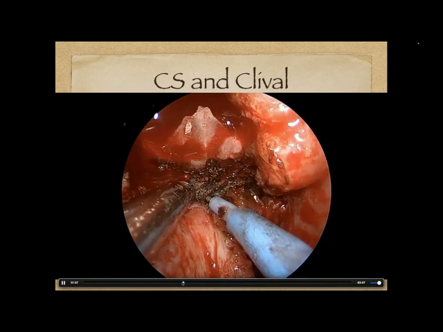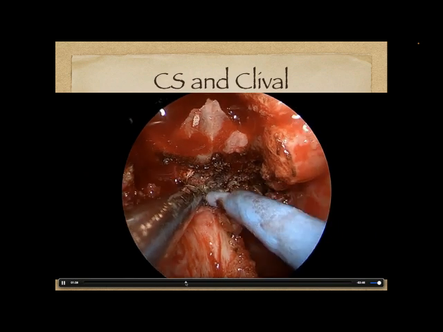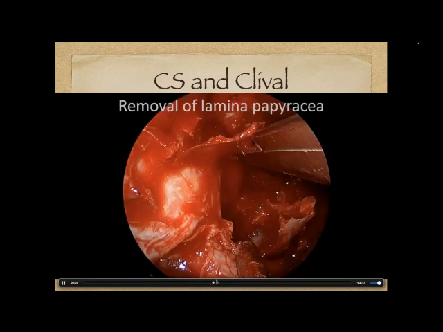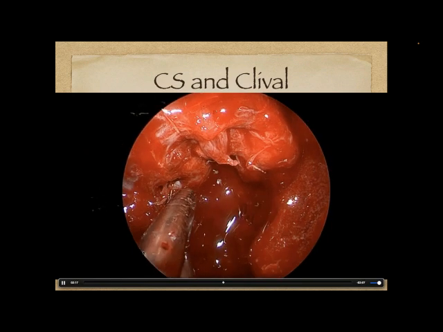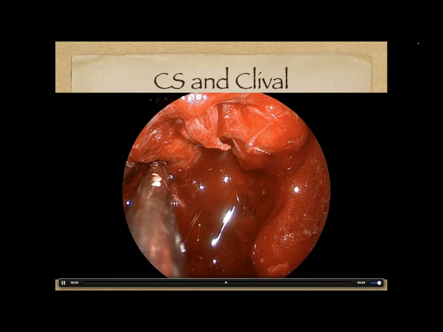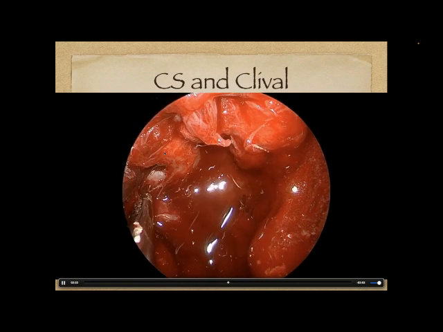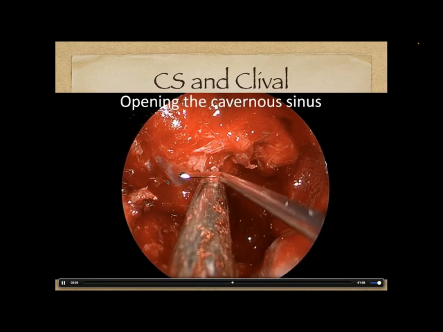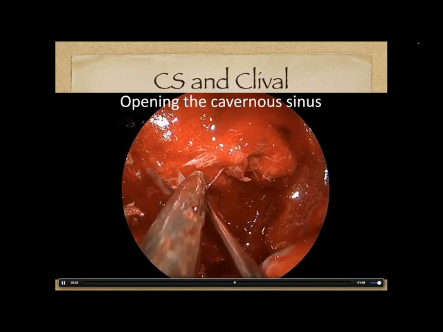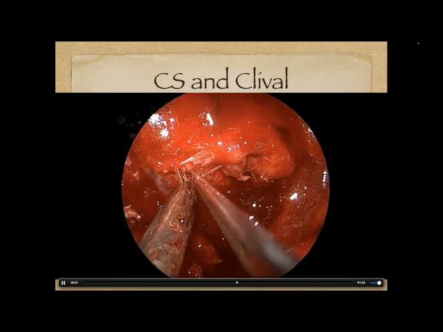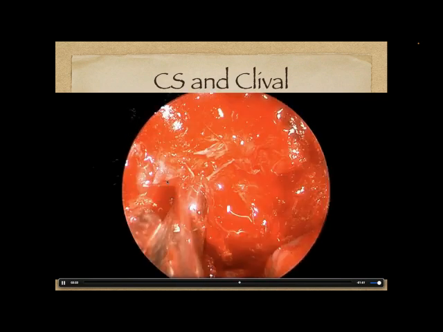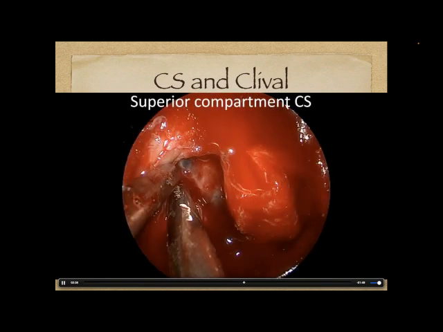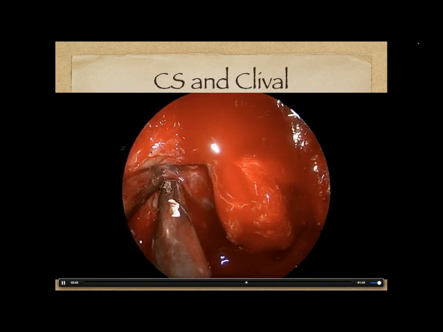We can then peel this. This is a little flap down towards the base of the nose that we raise that helps keep the blood supply. And then here's just showing widening of the exposure. And then we can really start to expose this little loopy thing here, which is the carotid artery. And so using that little special hook blade to open this area and chase the tumor. The hook blade is nice because you can see it through the lining of the brain. You know you're not going to accidentally hook the artery or a nerve or something like that. And it allows us really safe movement here.